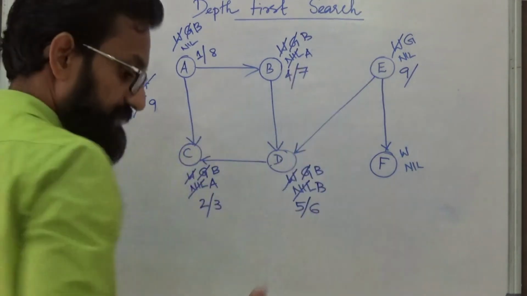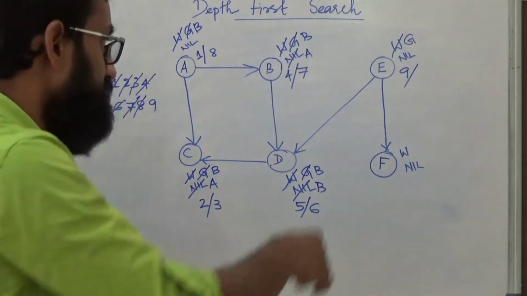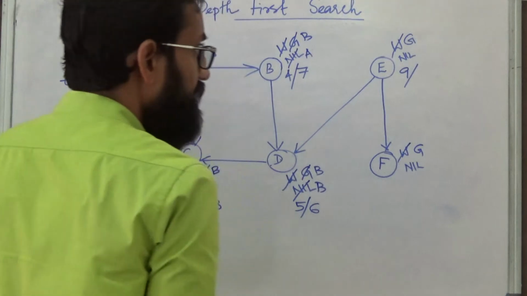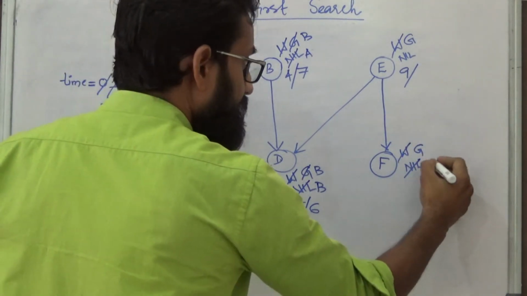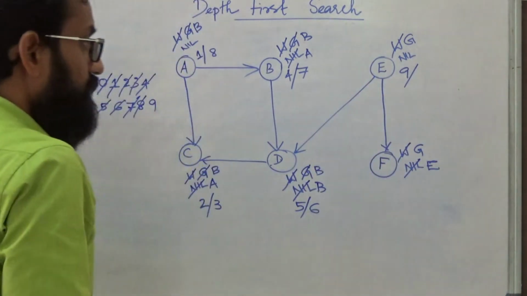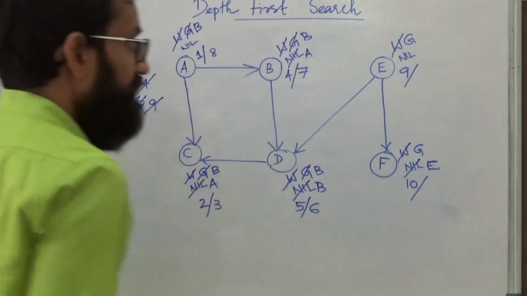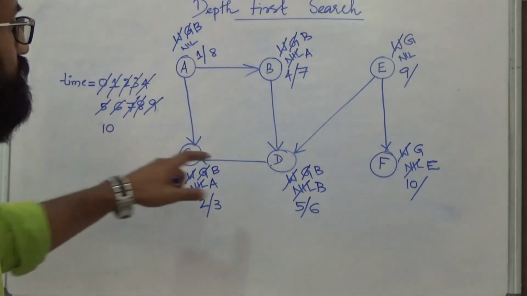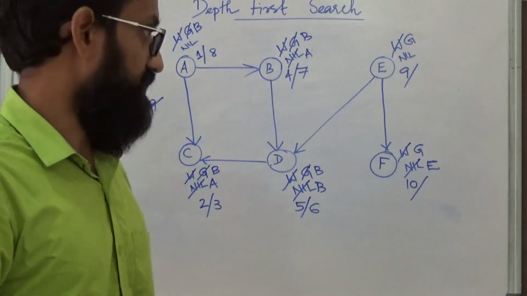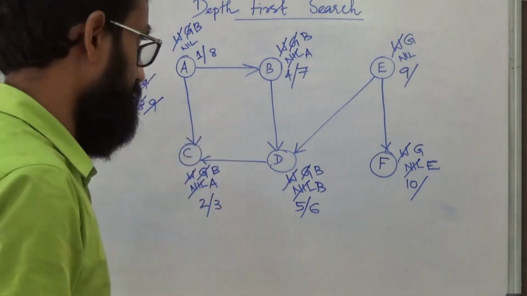Now at present we are at E. From E you will be checking whether E is having an adjacent undiscovered node. So E is having adjacent undiscovered F. So go to F, change color to grey, set predecessor as E because we have reached F from E. Whenever you discover a node, increment time by 1, so time turns to 10 and that will be fixed as the discovery time of F. Now F is not having any adjacent undiscovered vertex. So you can call F a dead end. From there you have to backtrack.